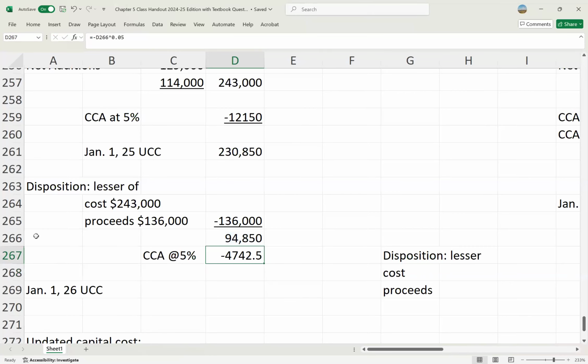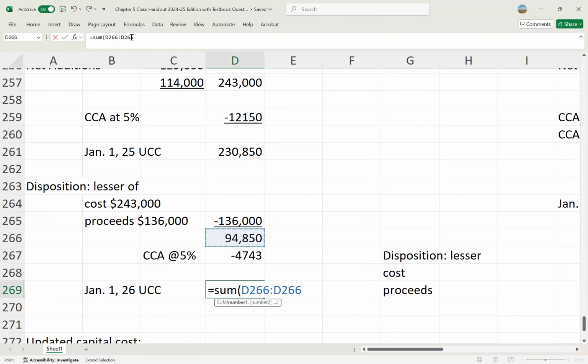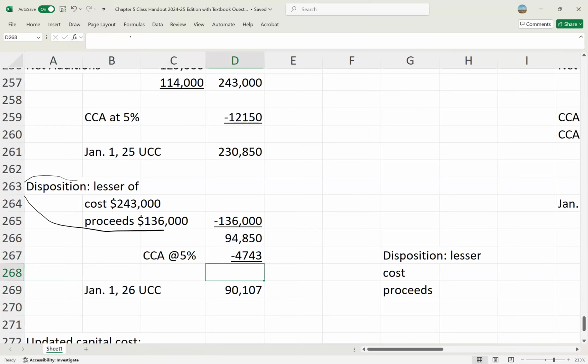Let's just round it. And so the balance going into 2026 will be 90,107. So once again, when you're disposing of part of your business and you get a payment for